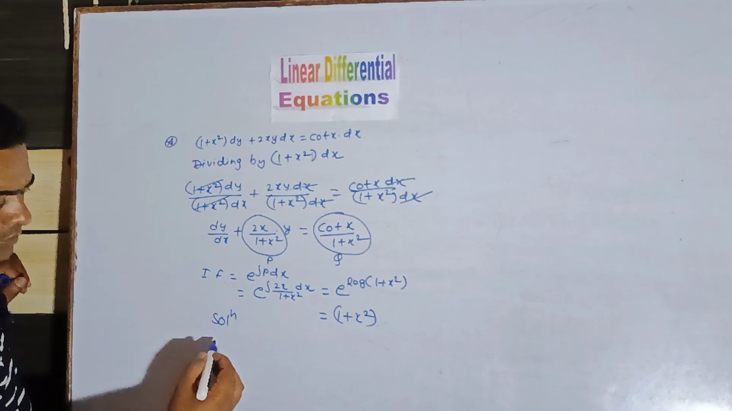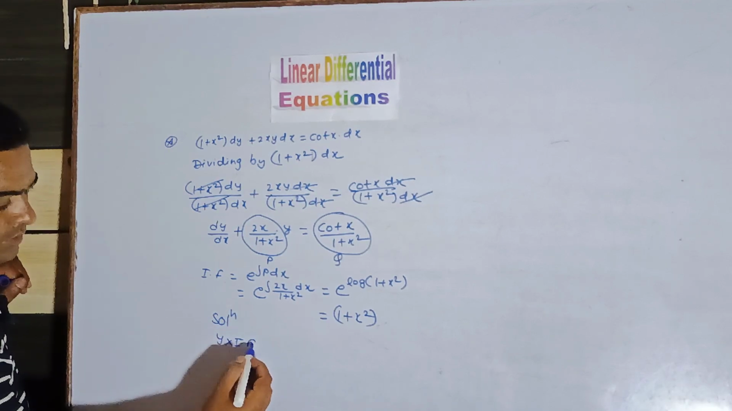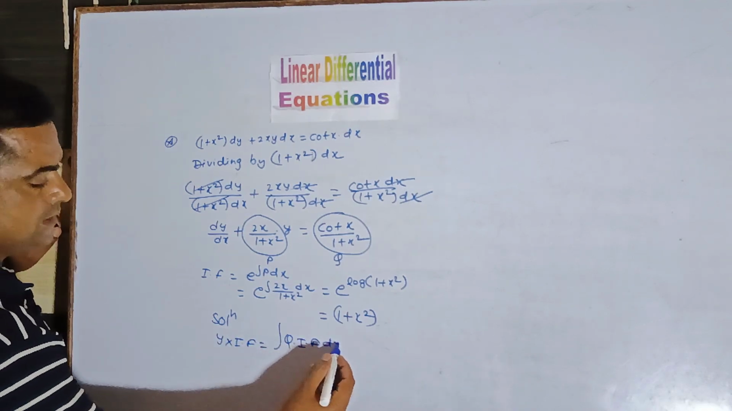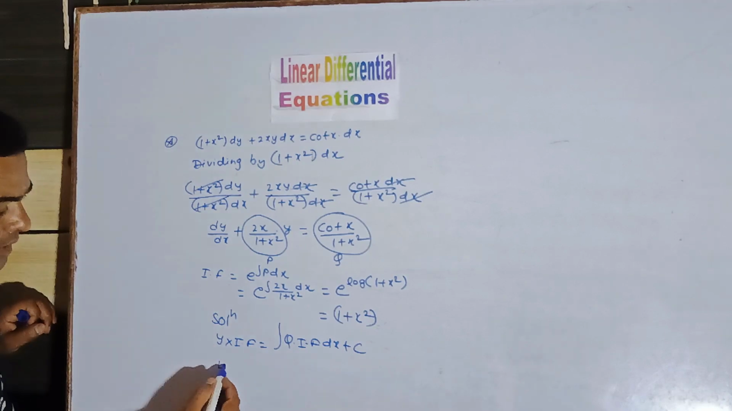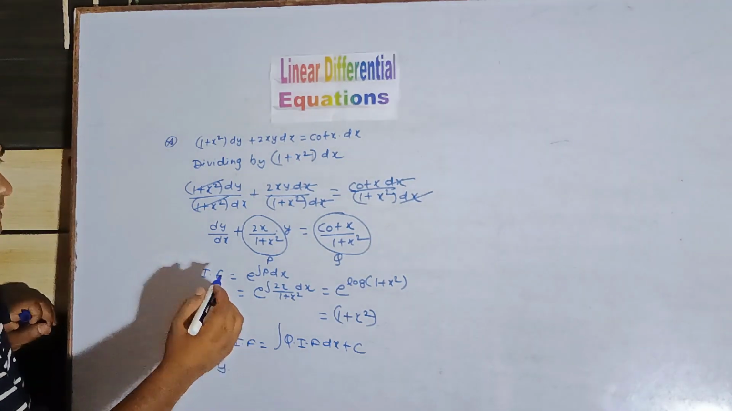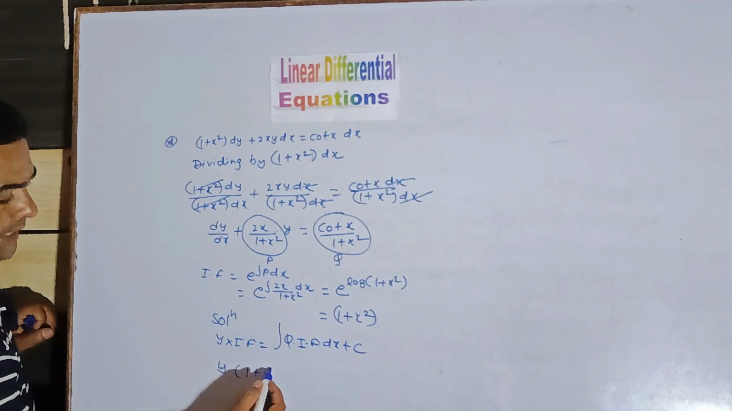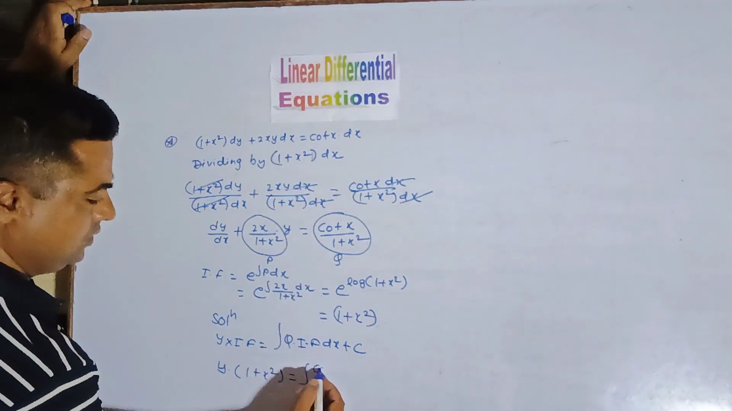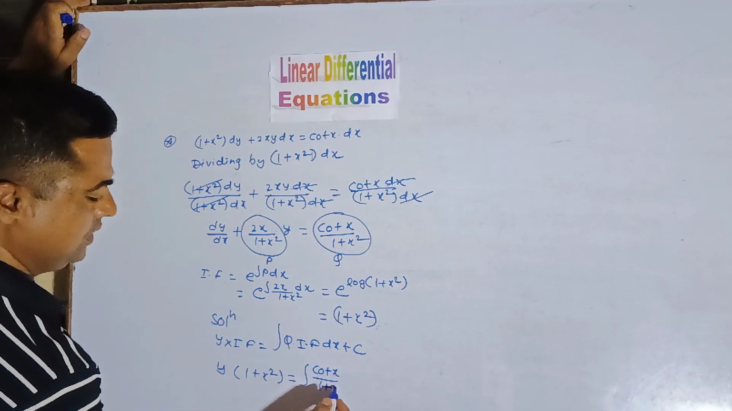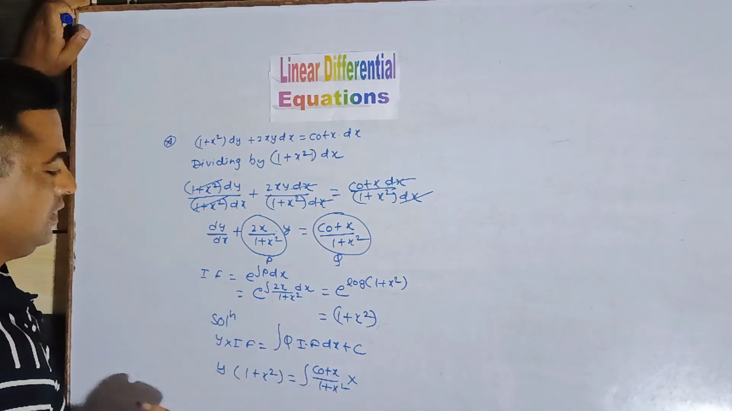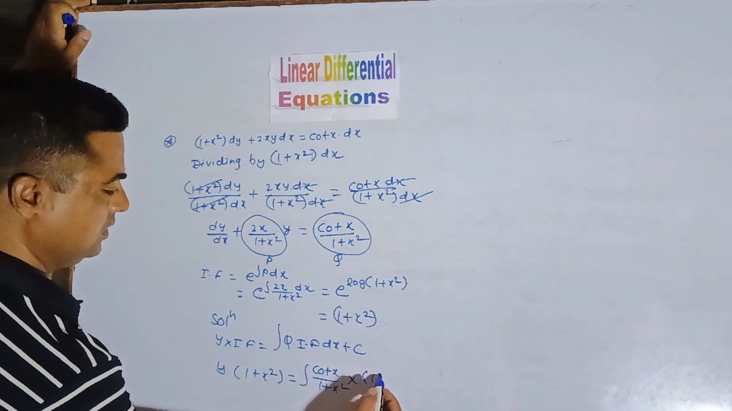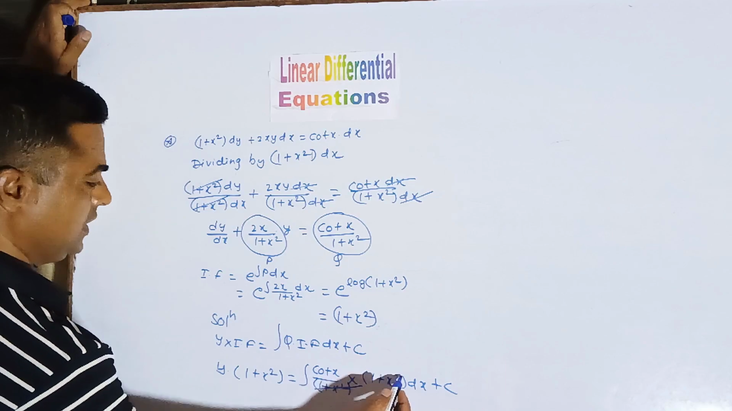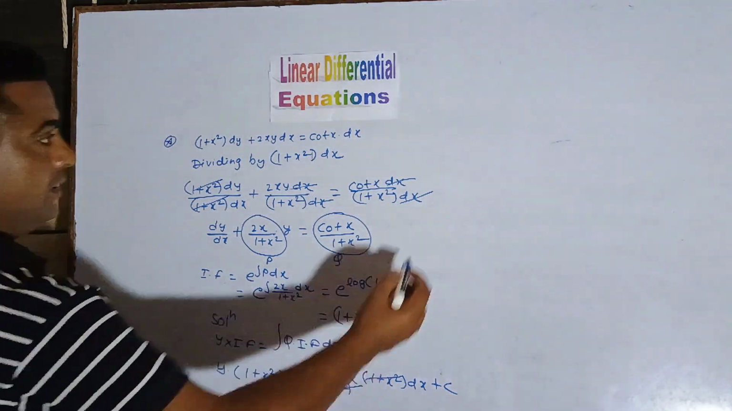The solution of this differential equation will be y into IF is equal to integral of q into IF into dx plus c. We are putting the value of IF. The value of IF, 1 plus x square, is equal to the integral. The value of q is cot x over 1 plus x square into IF, where the value of IF is 1 plus x square, into dx plus c. Now this term is cancelled out by this term. We have got here